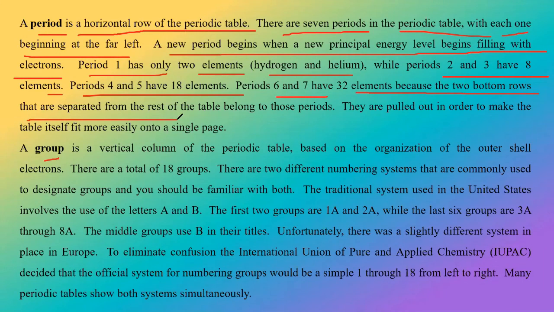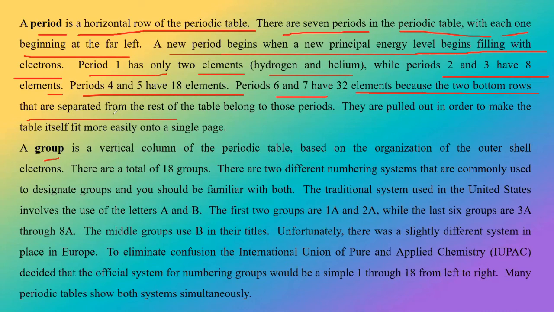Now we can explain this in a very beautiful way. Period 1 contains only s orbitals. Period 2 contains s and p. So 2 plus 6 is 8, 2 for s and 6 for p. Periods 4 and 5 contain s, p, d. So d means 10 and the previous 8 for s and p, so 18. And periods 6 and 7 contain all s, p, d, f. So 2 for s, 6 for p, that is 8, 10 for d, that is 18, plus 14 for f, that is 32. Okay, it can be explained beautifully like this.